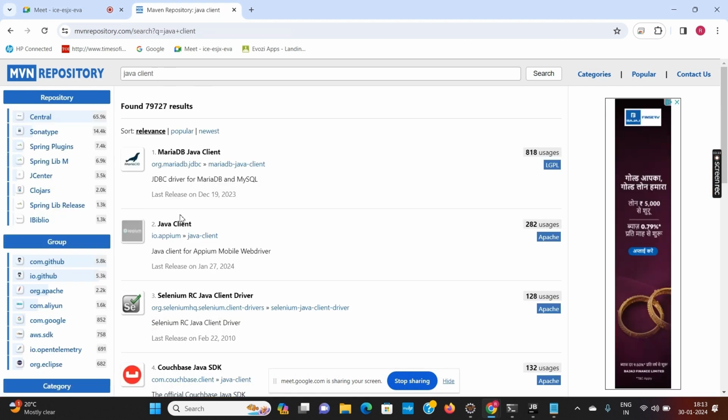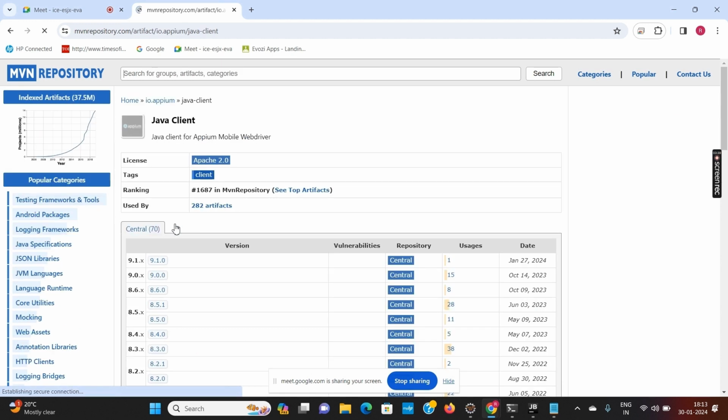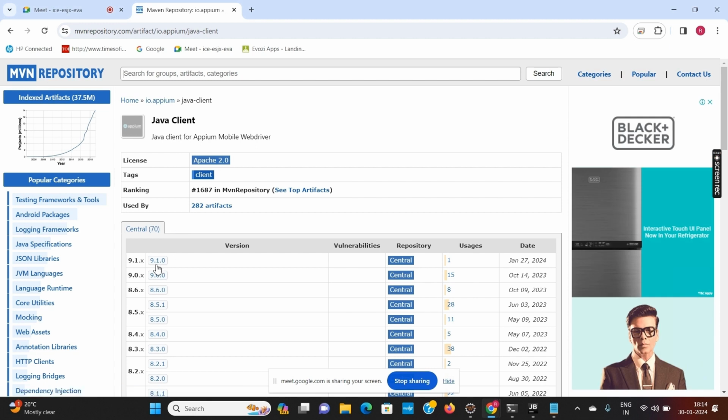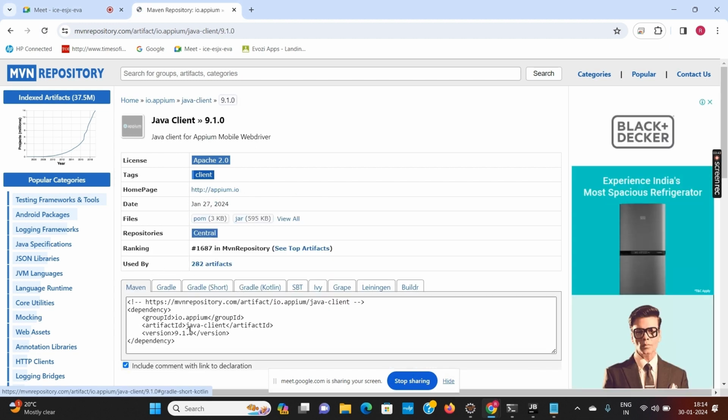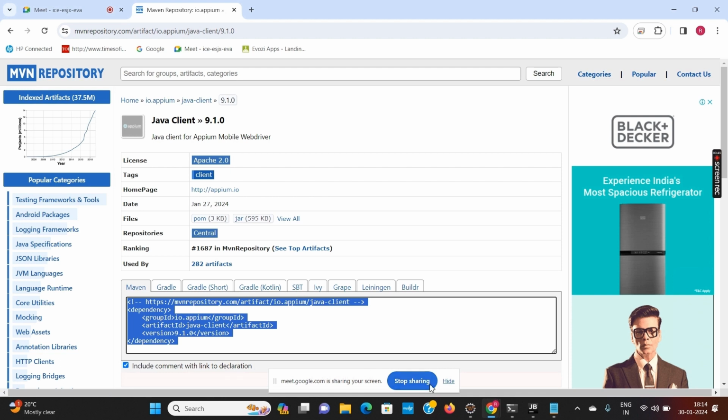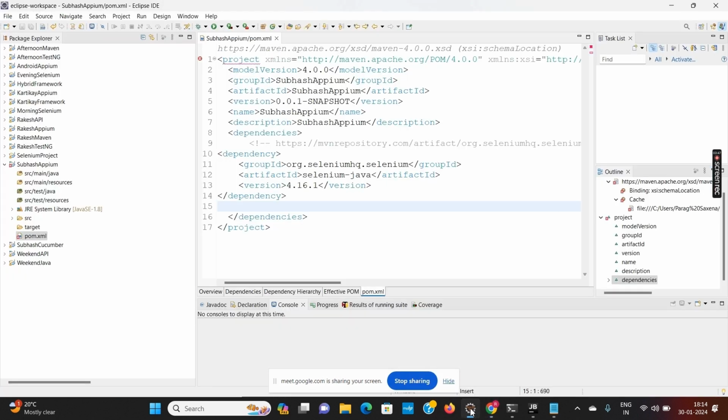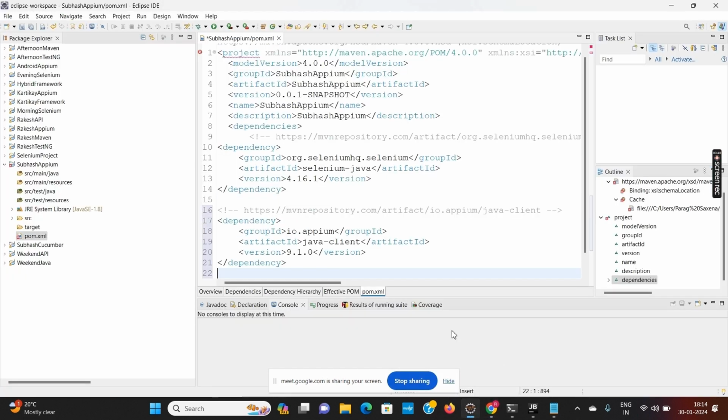So when you search Java client, you will get this option io.appium. So this is the Appium library. Copy the XML code and again add the dependency. So Selenium library we have added, Appium library we have added.